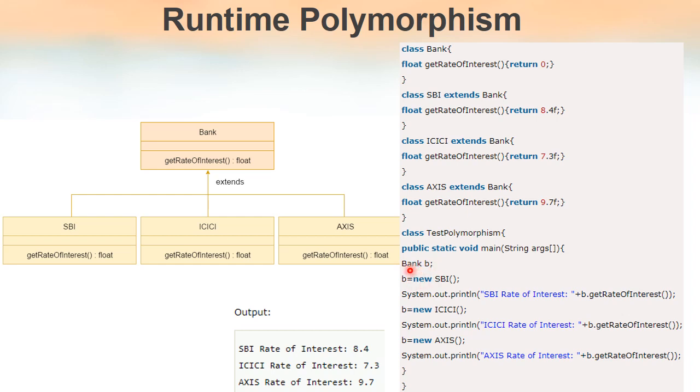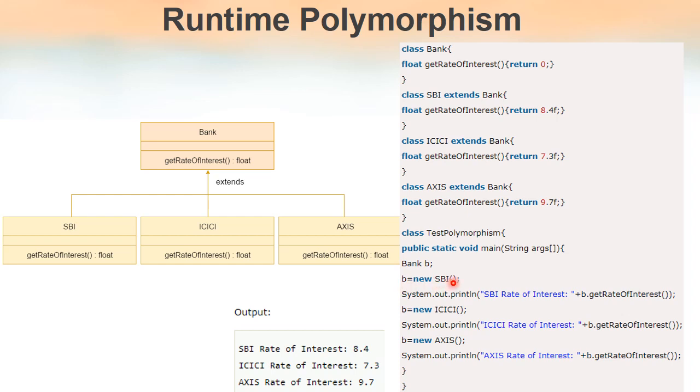Now since Bank is a parent class of all these three classes, it is possible to assign the object of the child class to the reference variable of the parent class. That is known as upcasting. So this is upcasting here because B is the reference variable of the parent class, and B is referring to the object of one of its child classes, SBI.